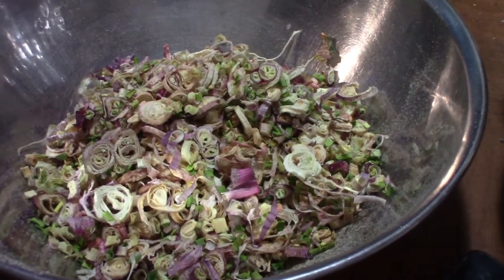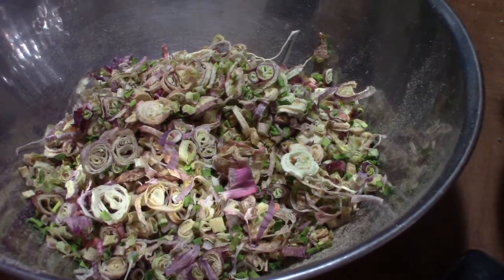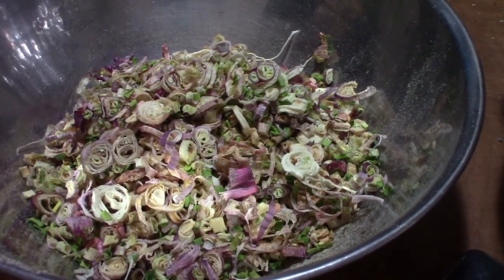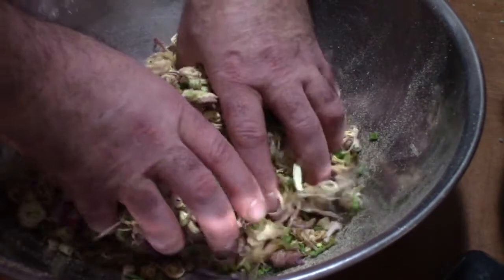So that's the pile of dried onion pieces I have. I had 5 trays out of the 6. This is the second batch I done. The first batch I had all 6 trays filled. But at this state, you can just take your hands